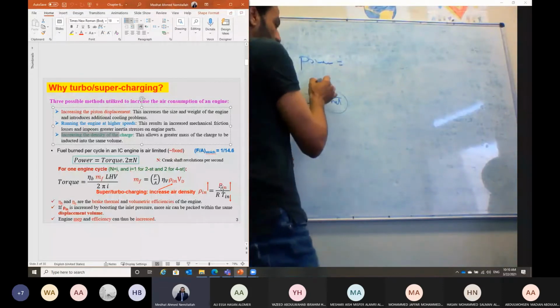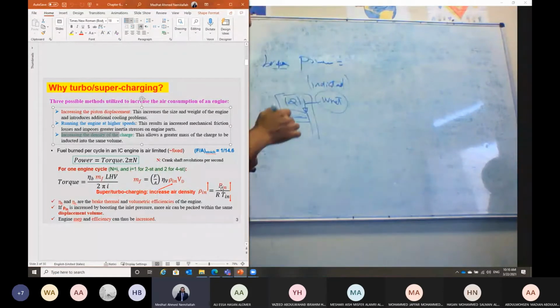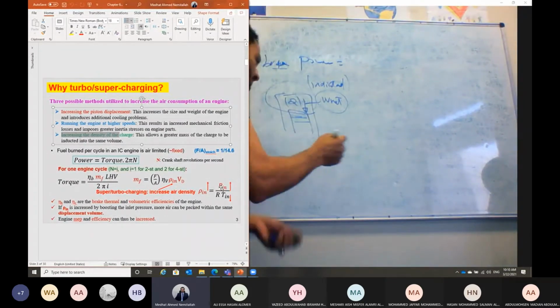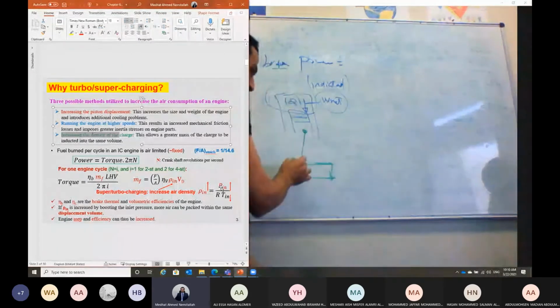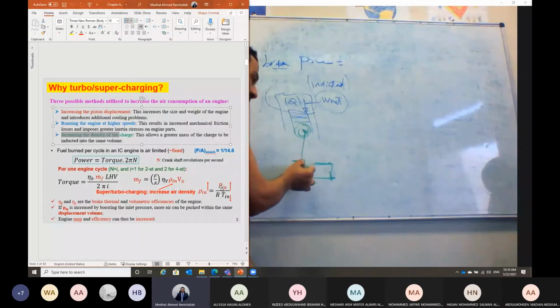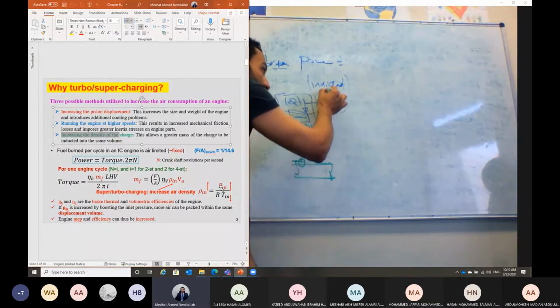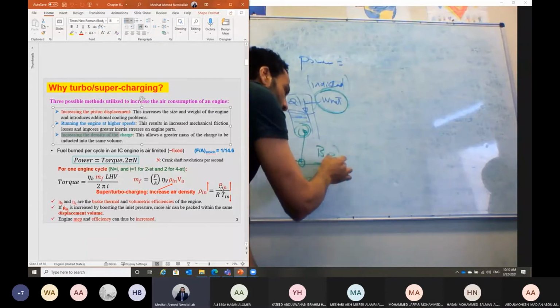But this net work, if you remember, we call it the indicated work, which is the work generated inside the cylinder here. This cylinder is connected to the piston, and this piston is connected to the crankshaft. Due to the friction losses between the piston and the cylinder, through the connecting rod, the connection between the piston and the crankshaft, and the friction losses in the crankshaft, the indicated power inside the cylinder will be reduced here to what we call